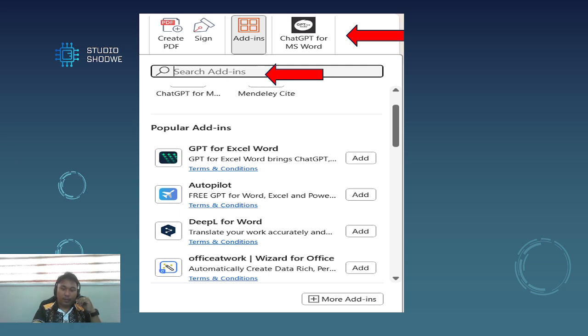Then the next is the two red arrows, just click Add if you want to add another add-in application to your Microsoft Word.